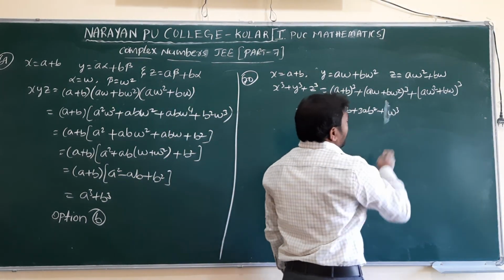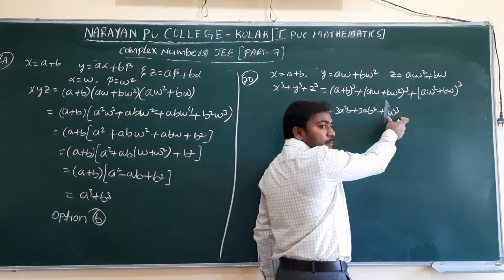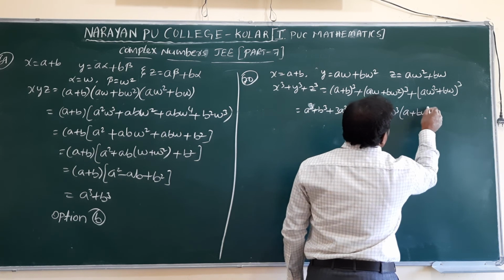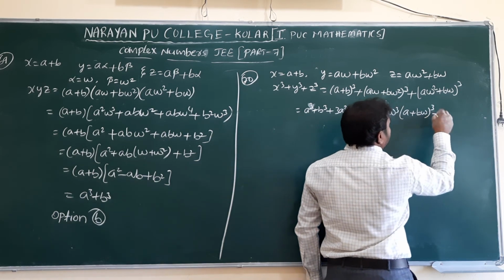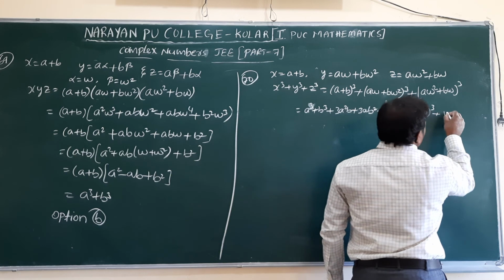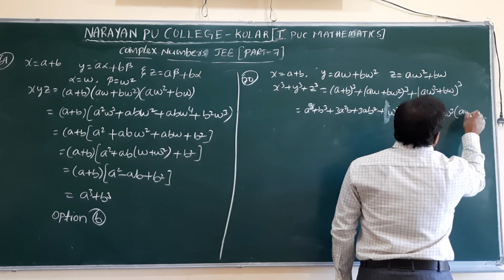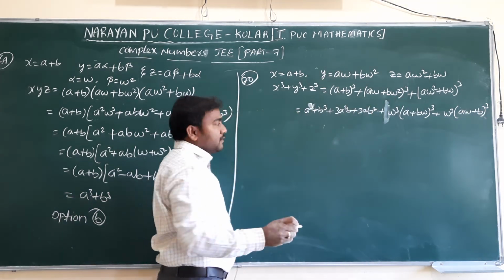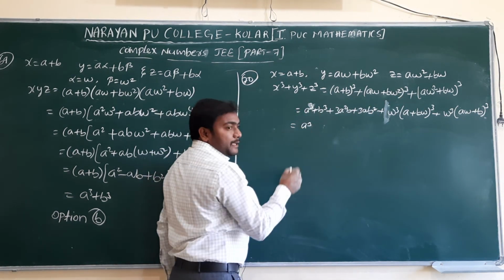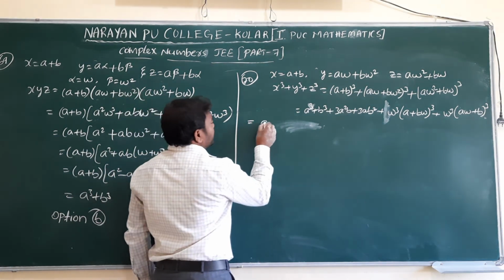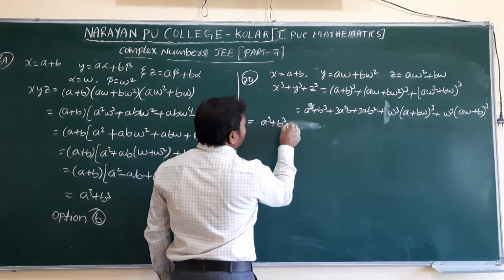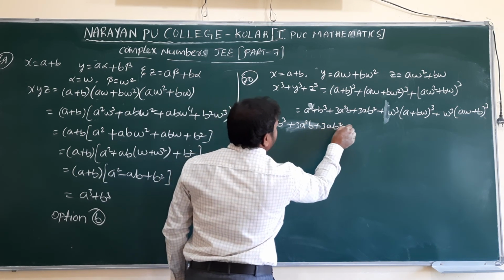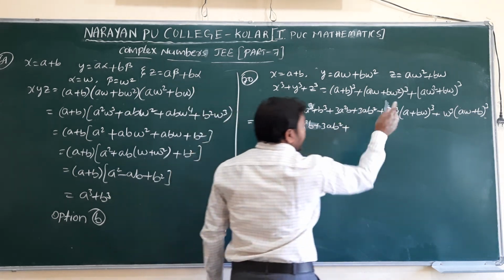Here we take omega common, and outside we get omega cube into (a plus b omega) whole cube. Here also we take omega common, getting outside omega cube into (a omega plus b) whole cube. So we all know that the value of omega cube is 1. Here a cube plus a cube plus b cube plus 3a square b plus 3ab square plus omega cube value 1, we can directly apply the formula a cube